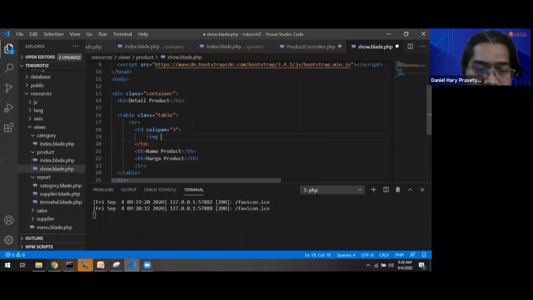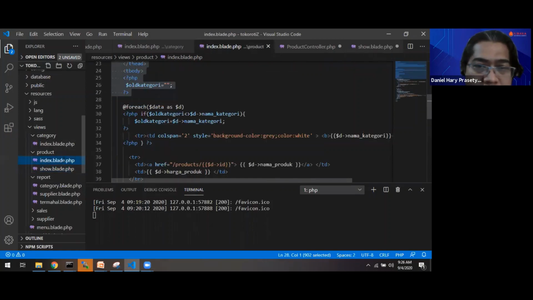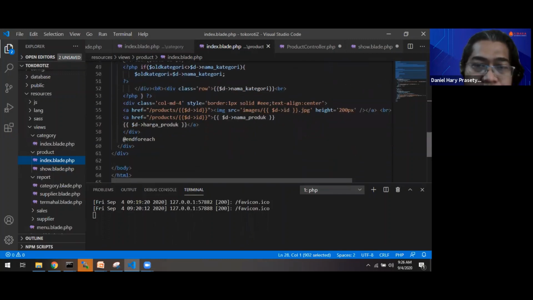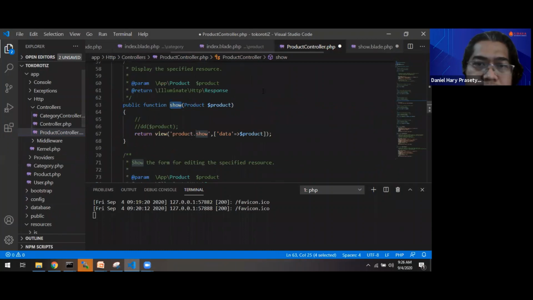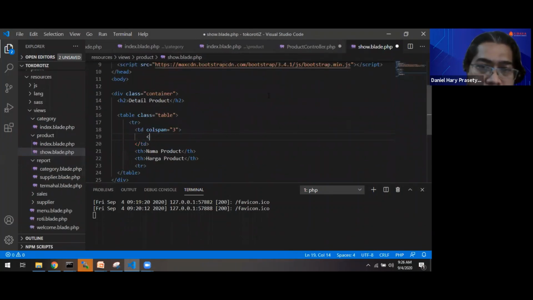Image. Okay, I will copy the image from here. Okay.